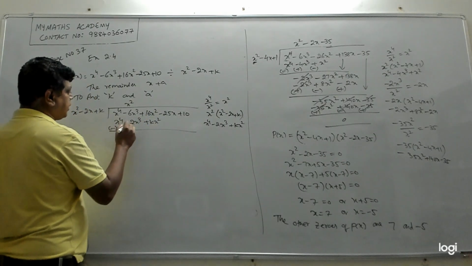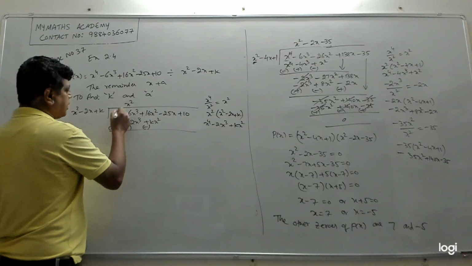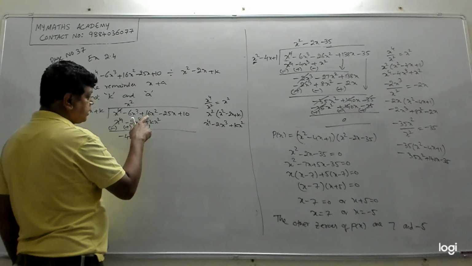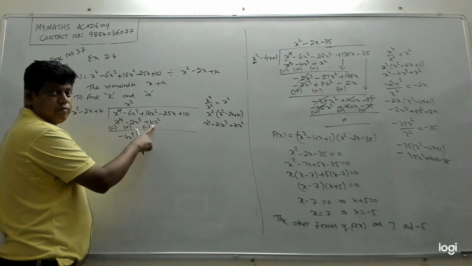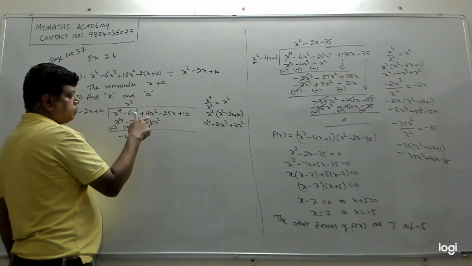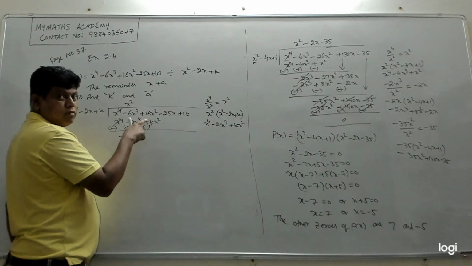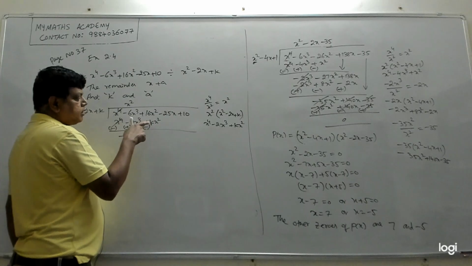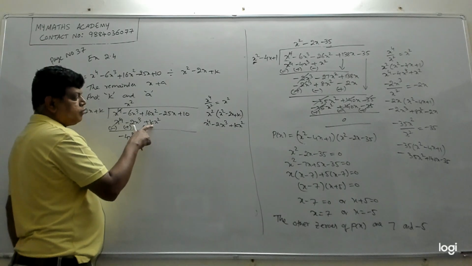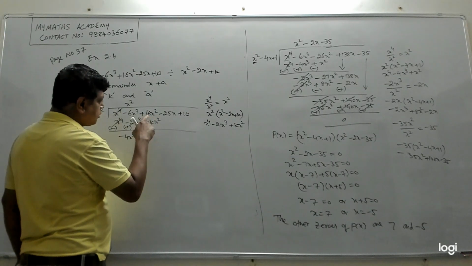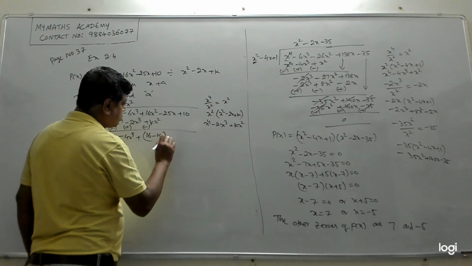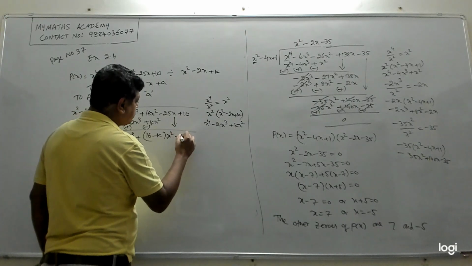Now subtract. Minus, this will become plus, this will become minus, cancel. This will become minus 4x cube plus 16 minus k. Right? So k is some number which we are yet to find. If this was a number, then we could have added or subtracted, depending on the sign. Suppose it was 2x square, then 16 minus 2 would have become 14. But here we don't know the value of k, so we have to keep it as k. So this will become 16 minus k into x square. Then bring down the minus 25x.